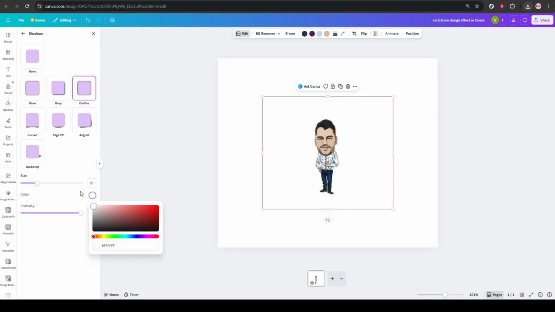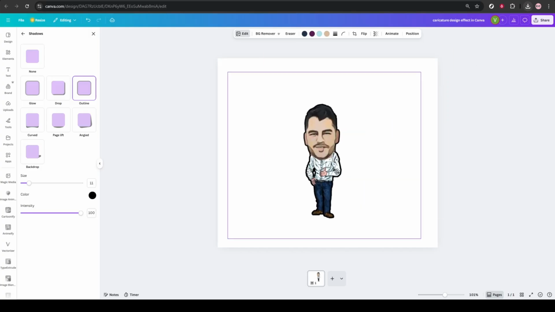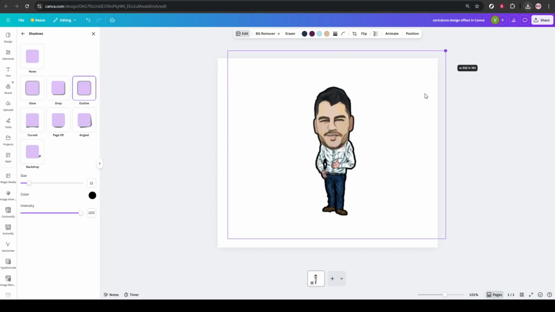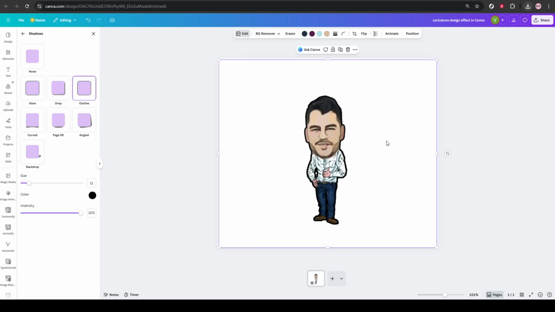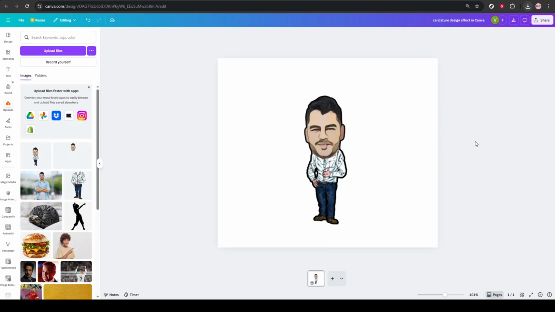And that's the Caricature Design Effect completed from start to finish. You've isolated the subject, stylized it, assembled the head and body, exported with transparency, and finished with a crisp outline. Follow these steps, experiment with proportions, and you'll have a fun, polished caricature ready for social posts, thumbnails,